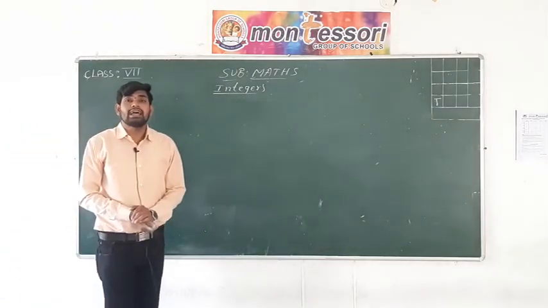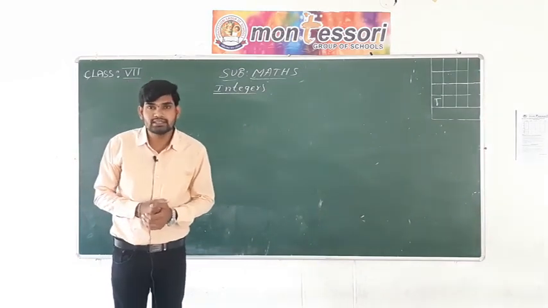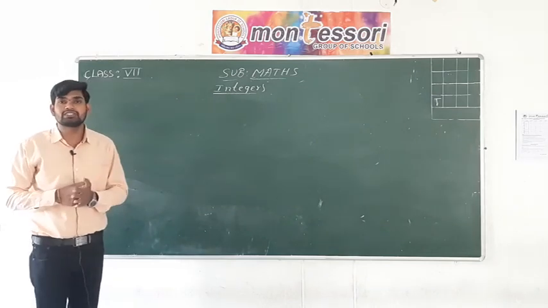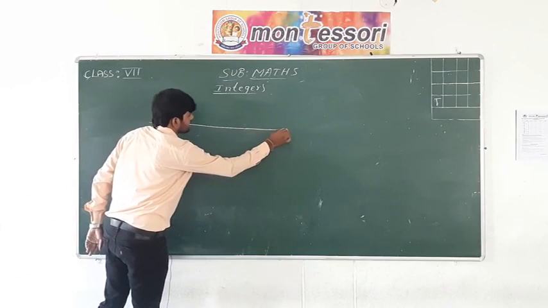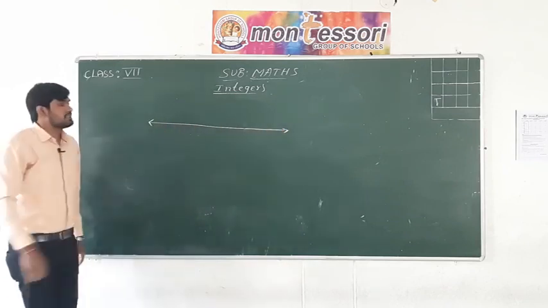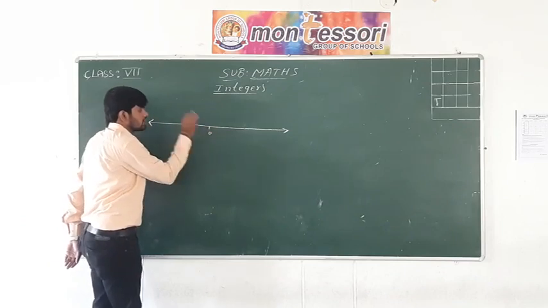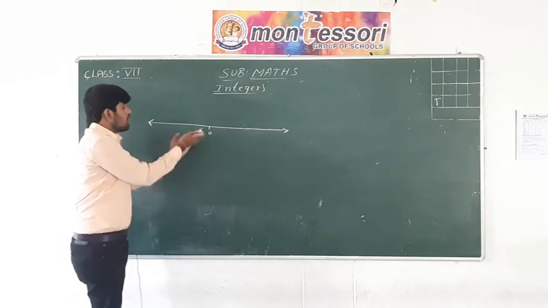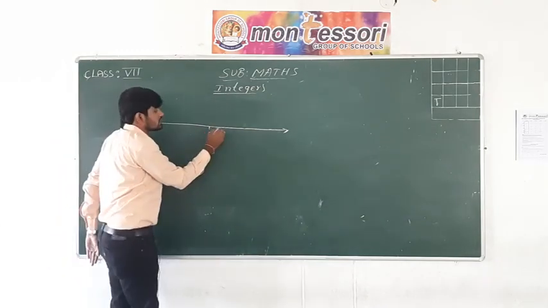And in the previous classes you learned how to represent numbers on the number line. You learned about the natural numbers and whole numbers, and how to represent them on the number line. And what about the integers? Let me draw a line. Let us represent the numbers at equal distances and 0 here. On the right side of 0 on the number line take the positive numbers. On the left side of 0 take the negative numbers at equal distances.